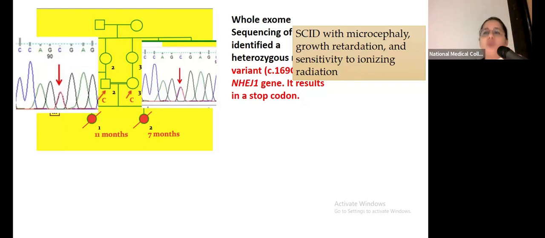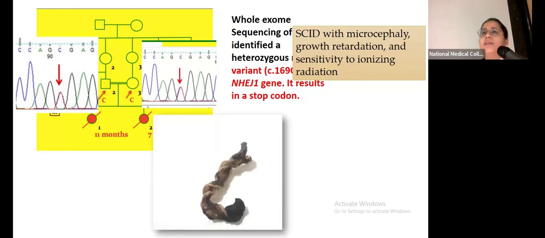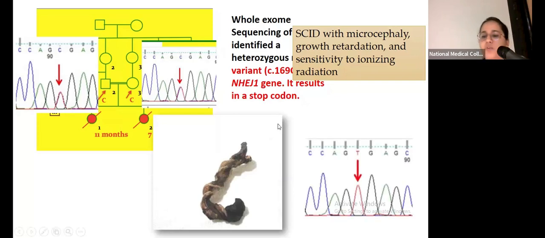But this does not confirm that either of the couple's daughters had this disorder. So we needed a sample of the proband in any case to confirm whether this variant was causative of the death of these probands. Fortunately for us, one of the parents happened to carry a piece of the umbilical cord of one of the deceased children. From this umbilical cord, we extracted the DNA and did Sanger sequencing, and the child was found to be homozygous for this particular mutation. So this shows how challenging prenatal diagnosis can be in such cases.